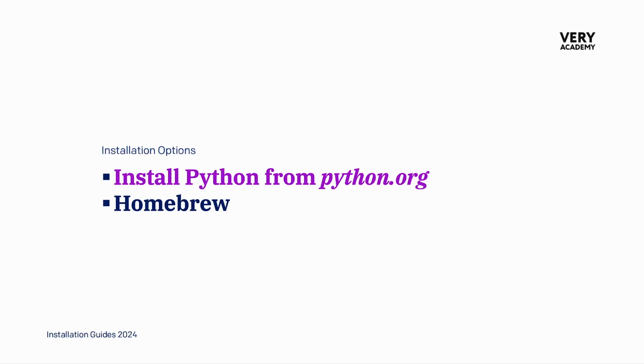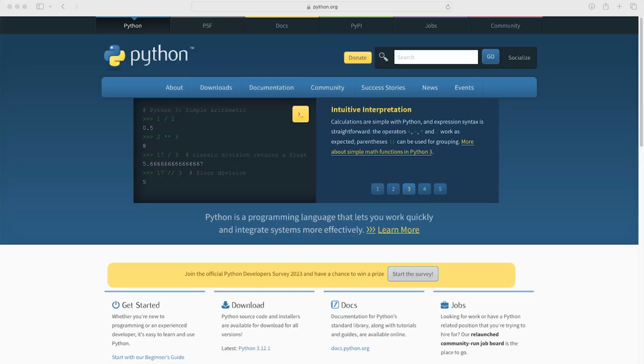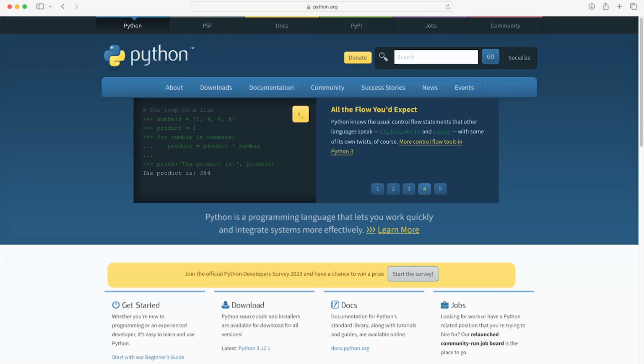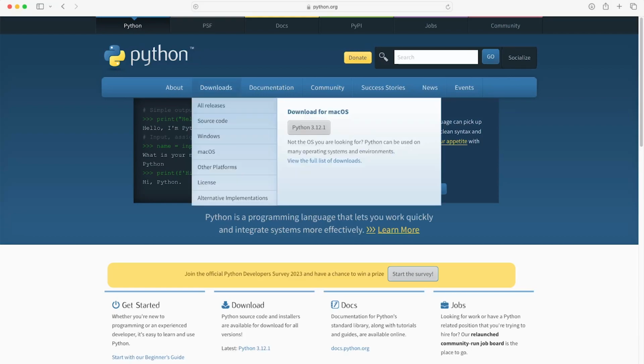For this tutorial, I'm going to show you how to download and install Python from the python.org website. Once you have navigated to the python.org website, it's a simple case of selecting the Downloads tab and then selecting the operating system you want to download Python for. In this case, we want to install on the macOS. If you are familiar with installing software, simply select Downloads, macOS, and then select the latest version, 3.12.1 as of